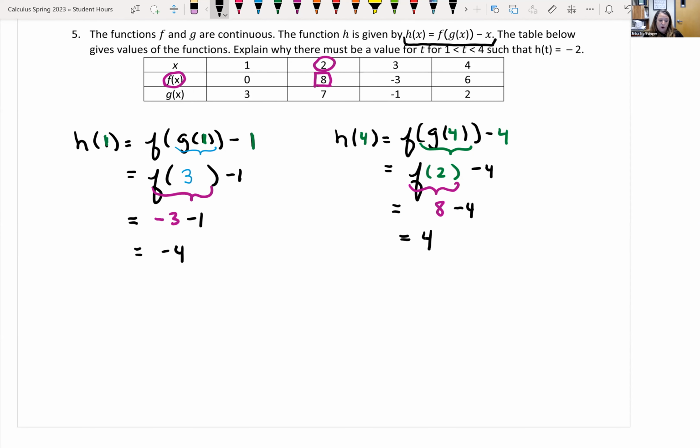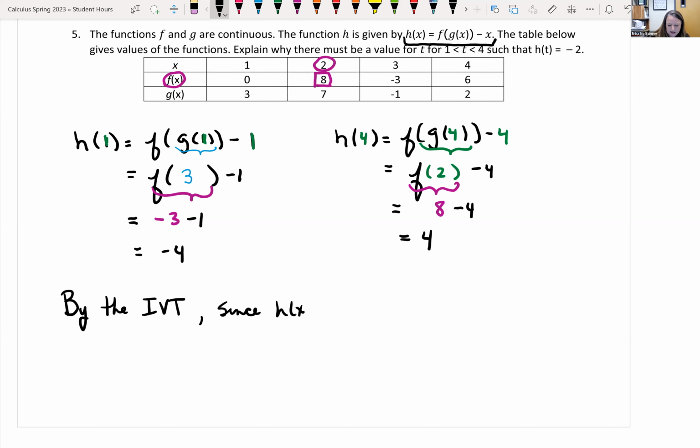So here's the main point. If f and g are continuous, then there's a rule that the composition also has to be continuous. So I know f of g of x is continuous. I know x is always continuous. So by the intermediate value theorem, I'm going to call it IVT, intermediate value theorem,